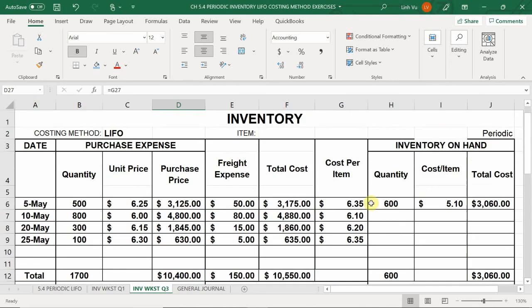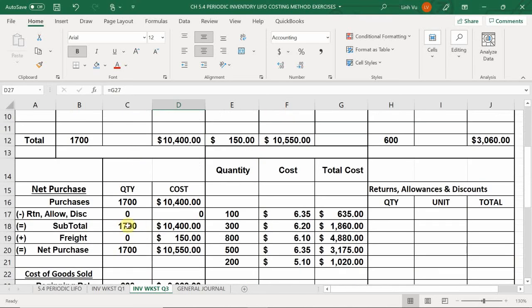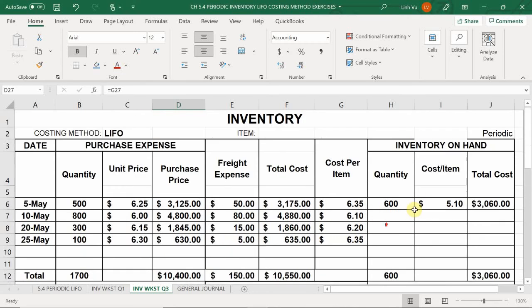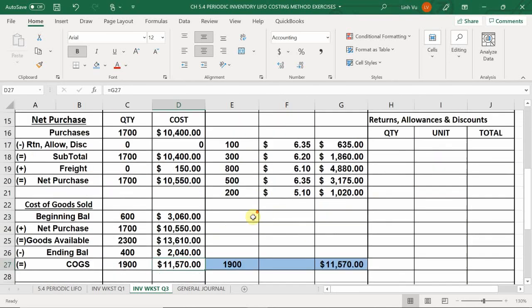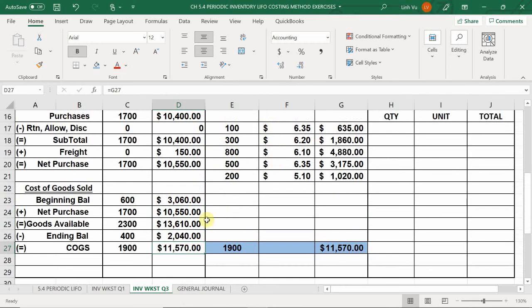Because in this case, I have 600 as my beginning inventory, and I'm going to end with 400. At least I know from there, I can simply just do a simple calculation to solve for my ending inventory, which I know is going to be 400 at $5.10 each. Okay? And if I solve for that, then instead of going through this entire list right here, I could take my formula of my goods available minus my ending inventory to get my total cost of goods sold